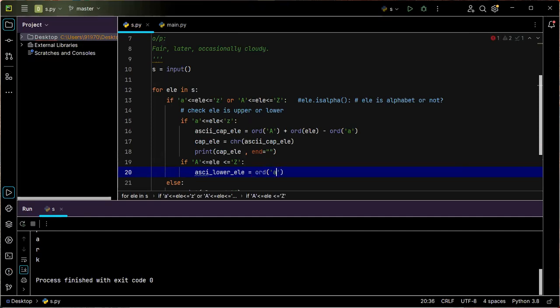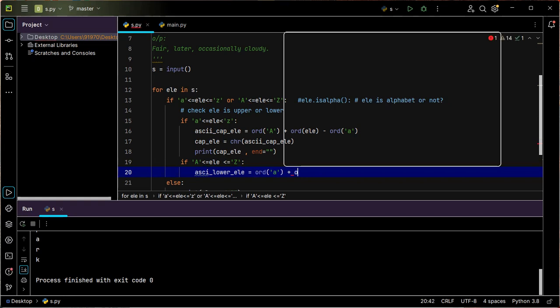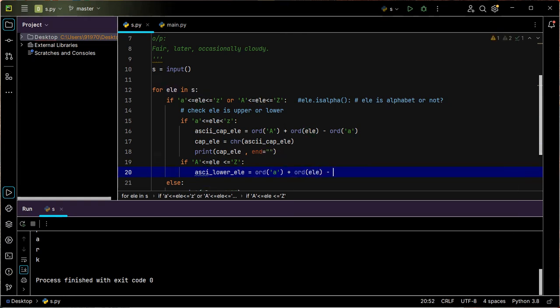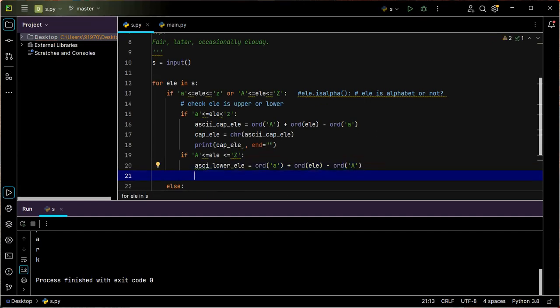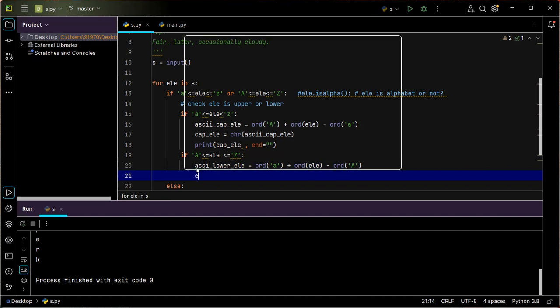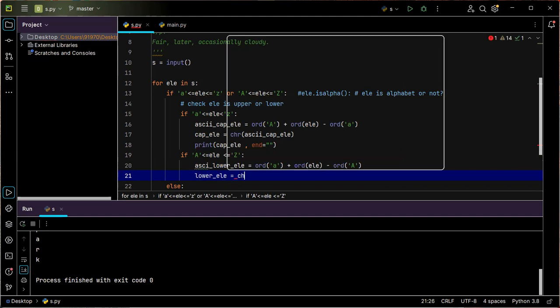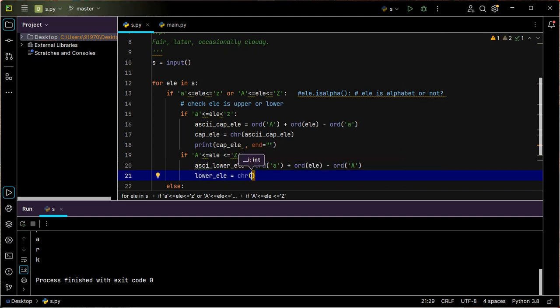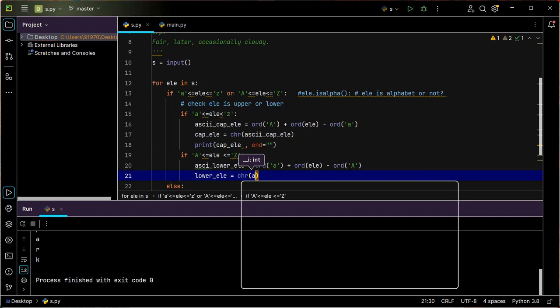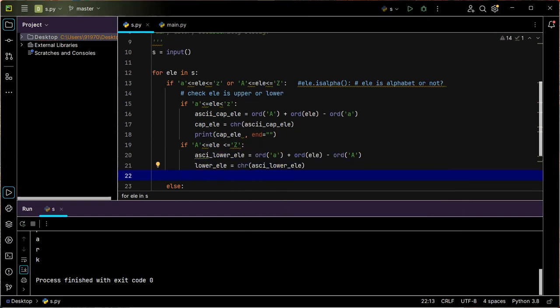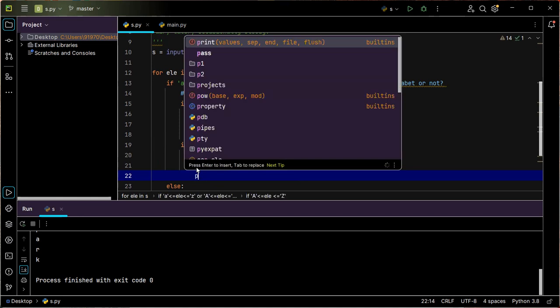So just ord of A plus... What is the ord of my element that I am going to use? From that element's ord, I am going to subtract the ord of capital A, which will provide me the ord of the lowercase element. Now from this, how do I get the lowercase element? I get the lowercase element by converting the ASCII value into a character. So the ASCII value of the lowercase element, I am converting into a character and then printing that